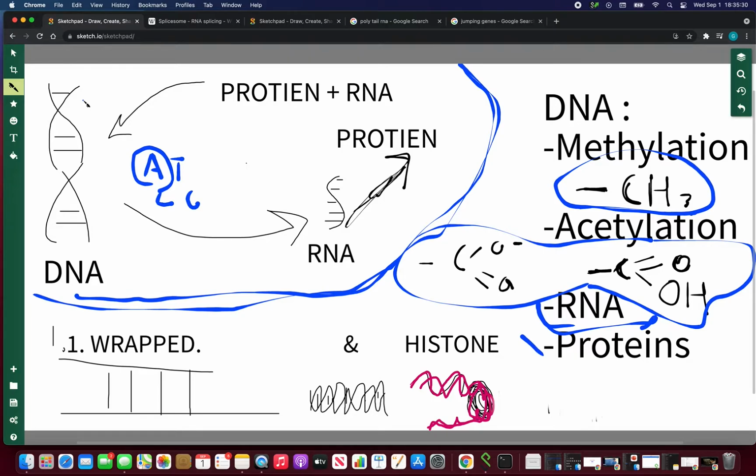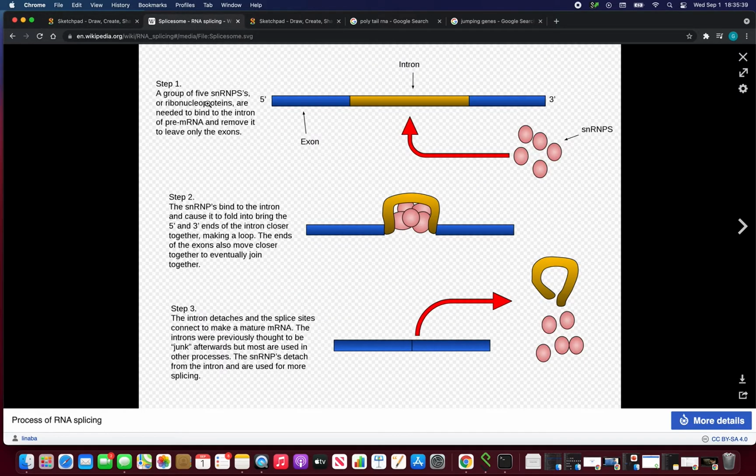So that's just what we can do to DNA on one hand. Now, what can we do outside of DNA? Well, your RNA can also be changed up. I'm going to go over a couple of different ways RNA can be changed. One way is that RNA can have something called introns. And remember